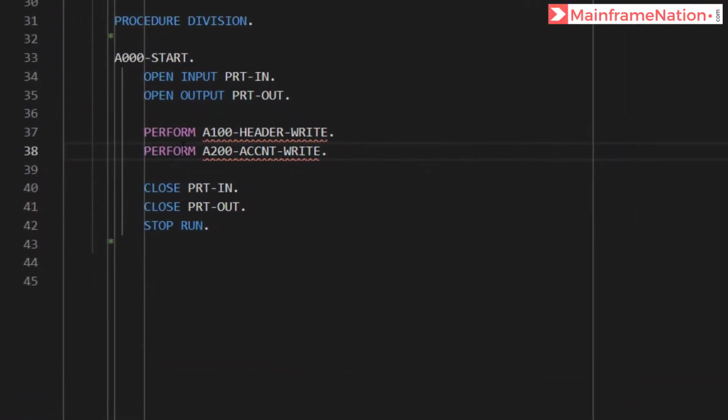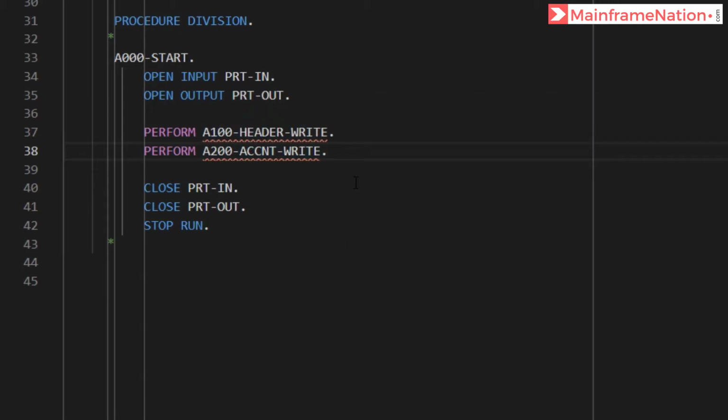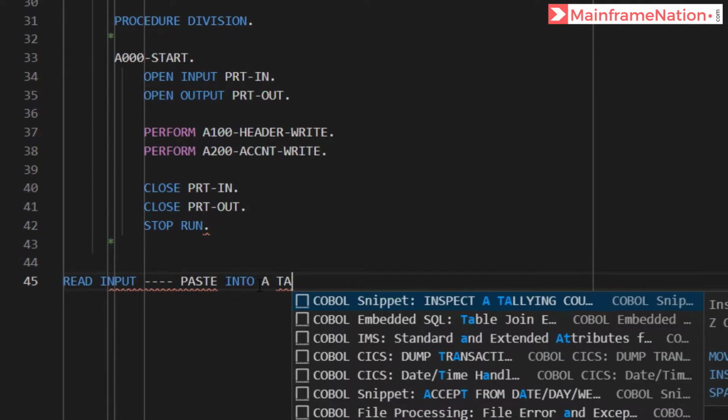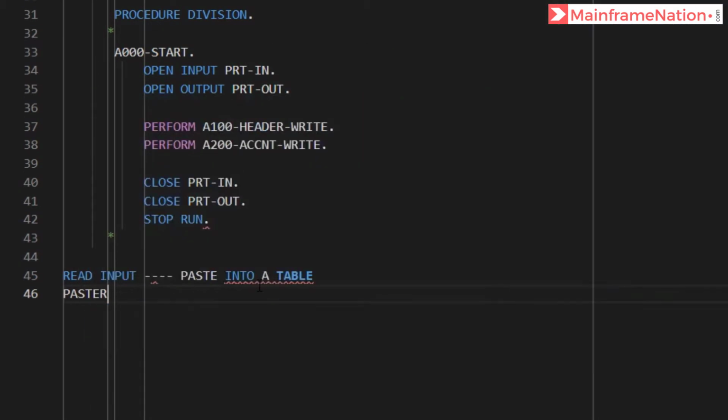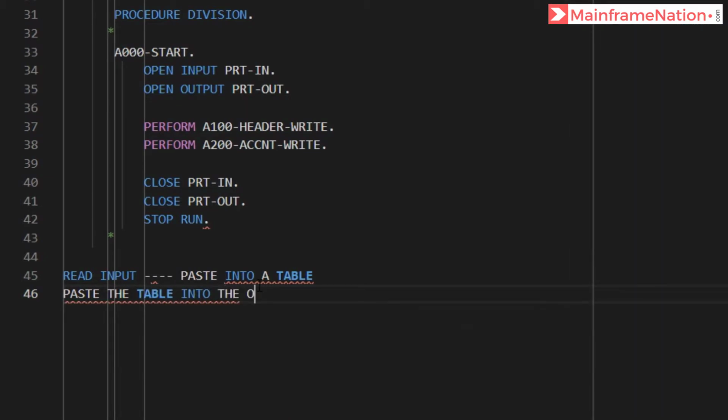So what we will do is I will write all the records first into a table, and after we have read the input file, I will then copy the table into the output file. So first I will read input and paste it into a table. I will paste the table into the output file.